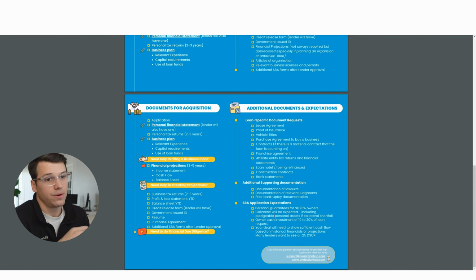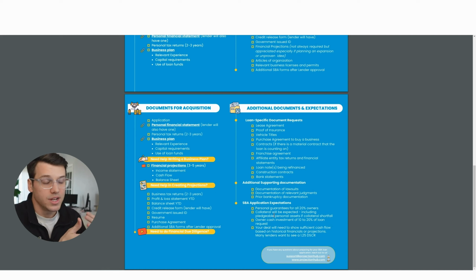Collateral. Okay, so different SBA loans and different lenders might have different tolerances for this and different requirements for this, but in general, every lender wants as much collateral as they can get. And so you should be expected to provide that. At a minimum, all business assets will be declared as collateral. If there's a significant shortfall in business collateral, you should be prepared to be asked if you have personal collateral to pledge. So if that's a second mortgage on your home, free and clear vehicles, you name it. That shouldn't offend you or shouldn't surprise you. The lender's just trying to mitigate their risk.